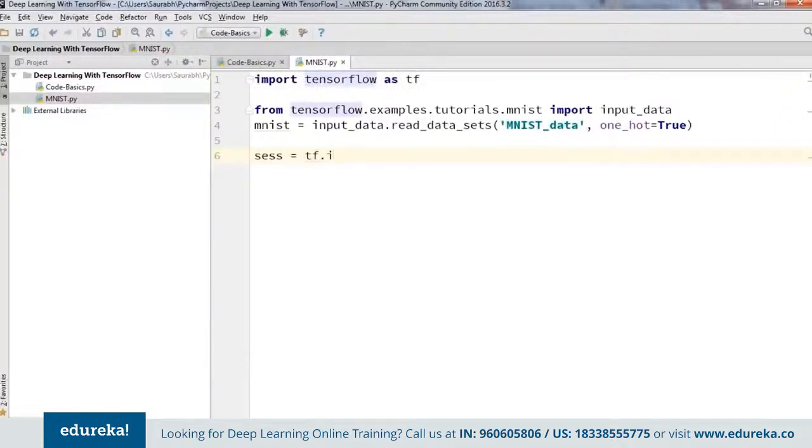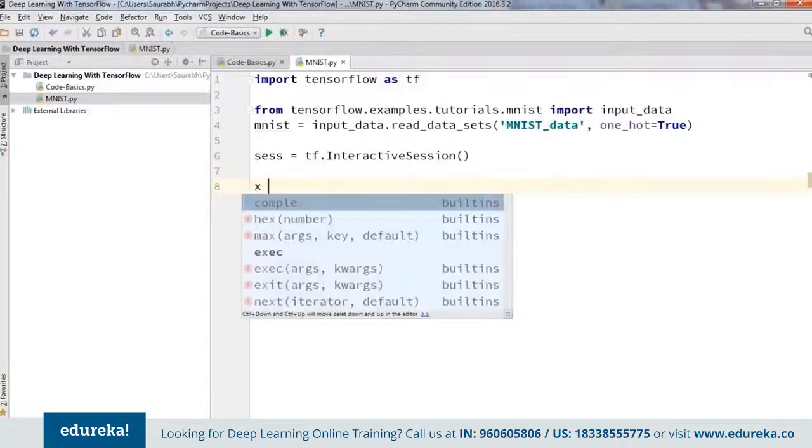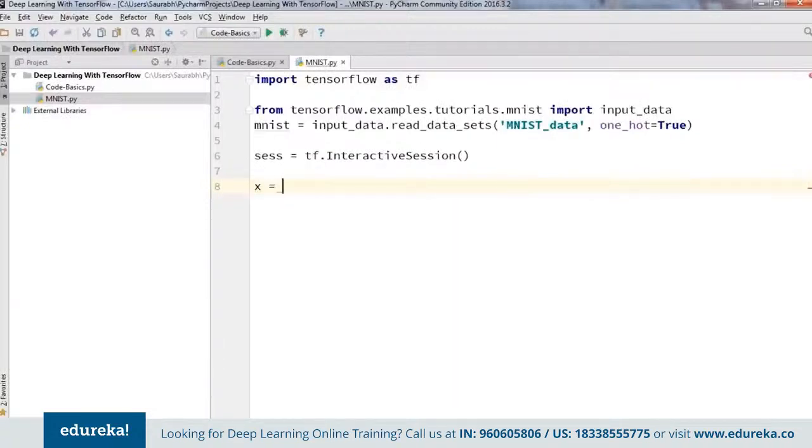So I'm just going to type in here interactive session. Yeah. And now we are going to build the computation graph by creating nodes for the input images and target output classes. So for that, I'm going to define some placeholders. For that, I'm going to type in x is equal to tf.placeholder